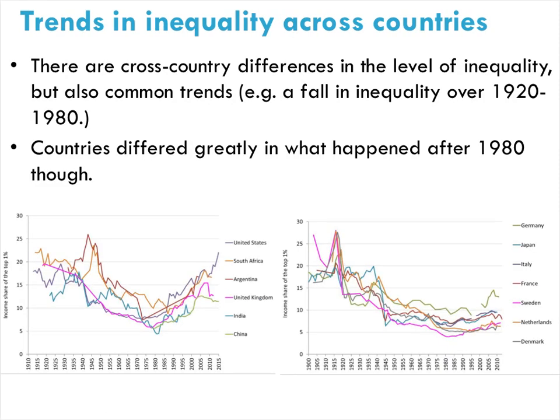And now let's look at between countries. So there are cross-country differences, right? No countries are the same, but there were some common trends, especially prior to 1980. After 1980, things diverged for many countries. Specifically, the countries grouped on the left there experienced rising inequality after the 80s, while it sort of leveled out for all the countries shown on the right. And of course, prior to the 1980s, all countries shown on both sides were experiencing drops in inequality.